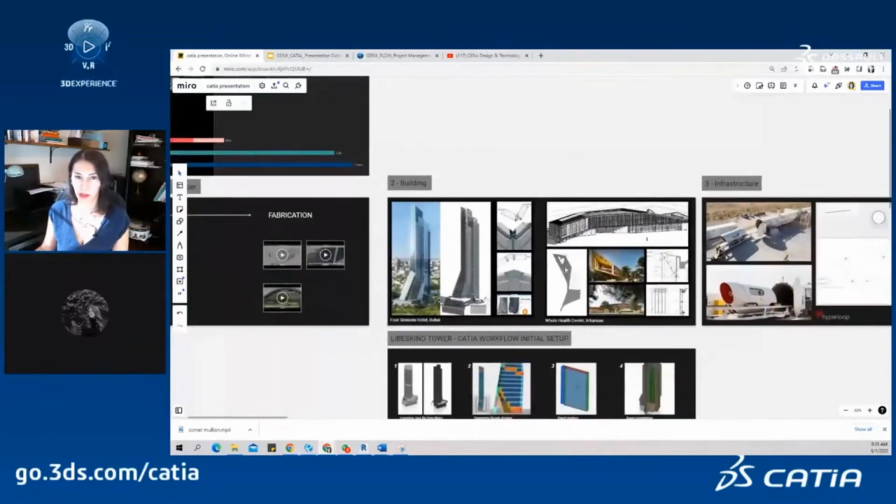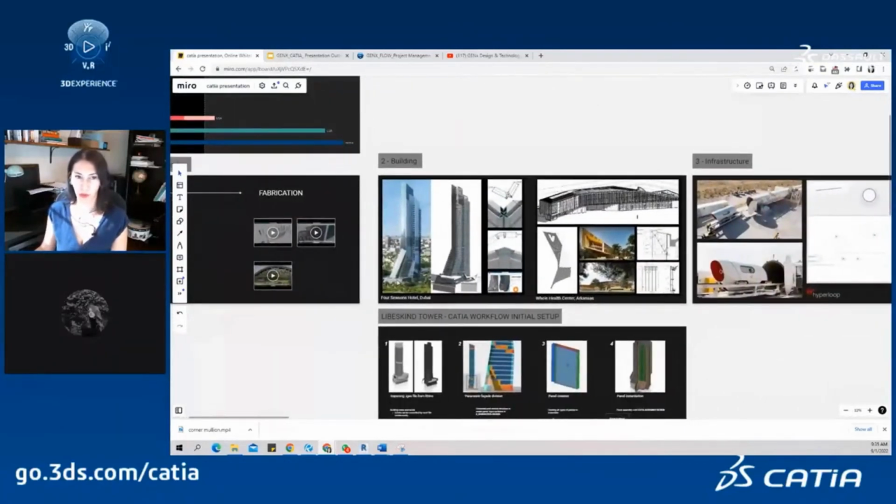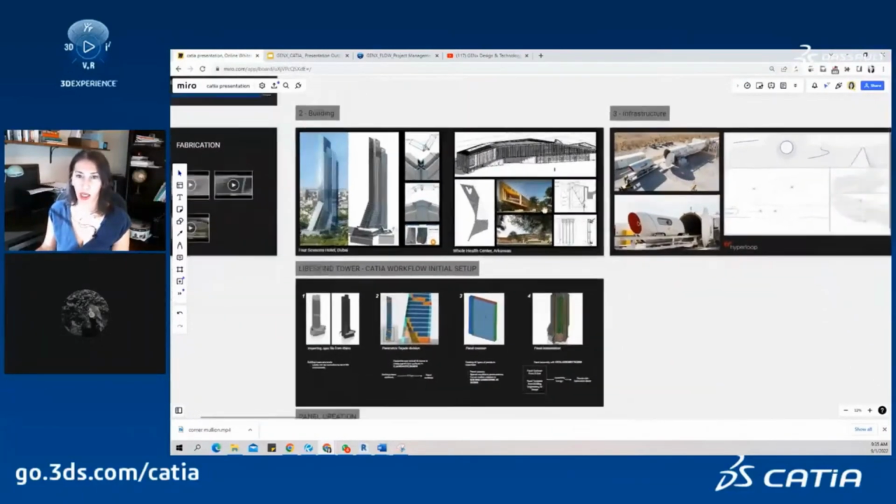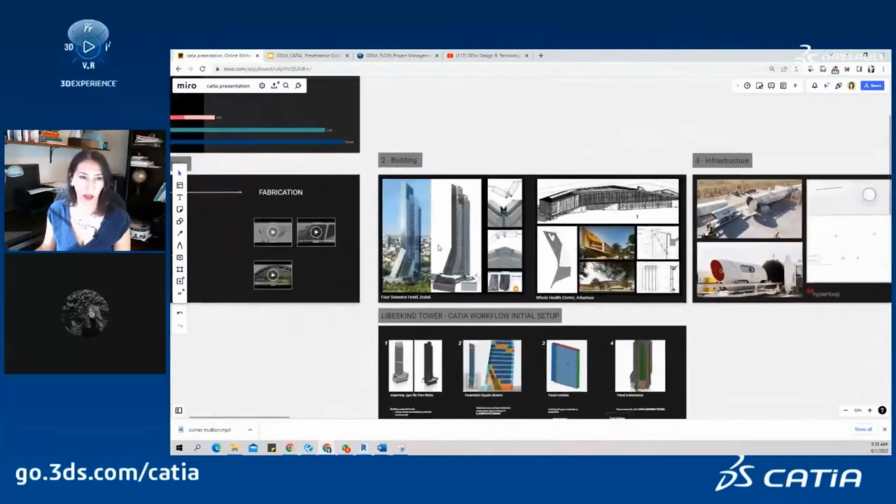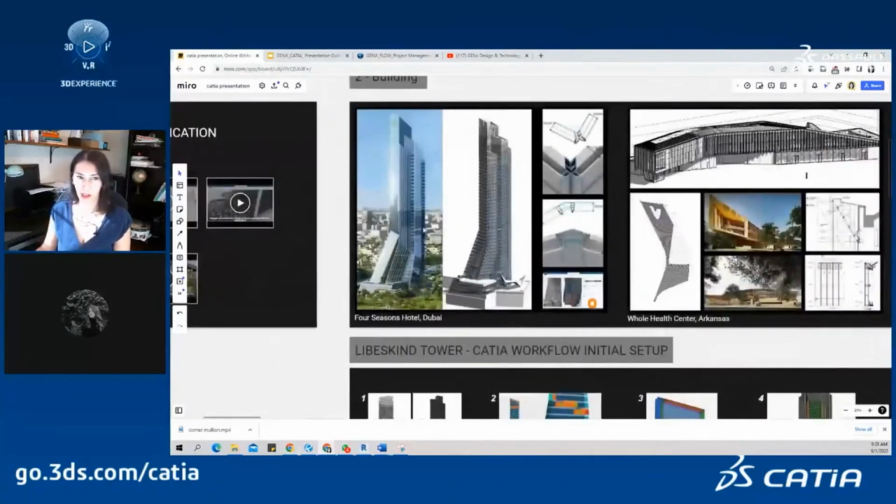The second one is building design. We show one tower, and we will actually open this file to show you, and infrastructure projects. So getting into the detail of this again, what I just showed,